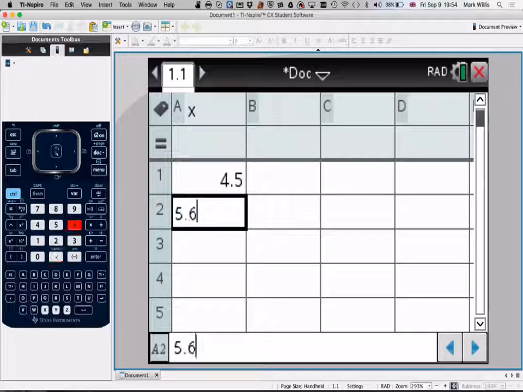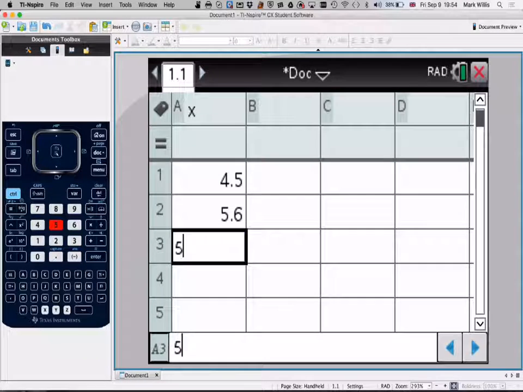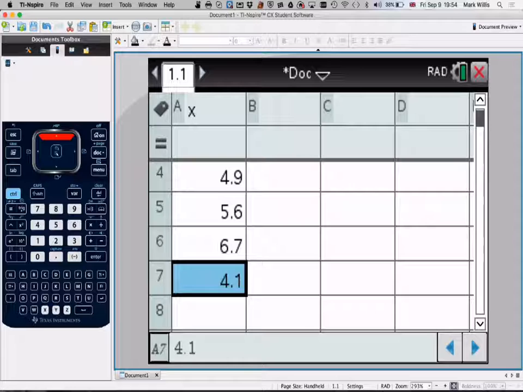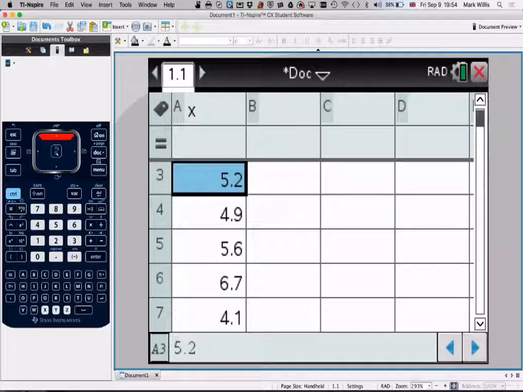5.6, 5.2, 4.9, 5.6, 6.7, 4.1. Okay, I can see that I've entered in 7 values. I can just scroll back up: 4.1, 6.7, 5.6, 4.9, 5.2, 5.6, and